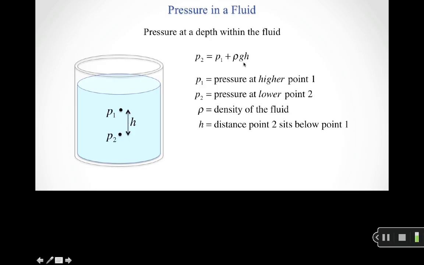Again, rho g h only cares about the density of the fluid, gravitational acceleration, so 9.8 meters per second squared, and then how much farther down you go, so the distance that point 2 sits below point 1. So we can use this to calculate the pressure at any depth within the fluid, knowing the pressure at some other